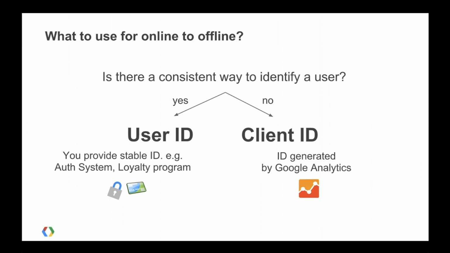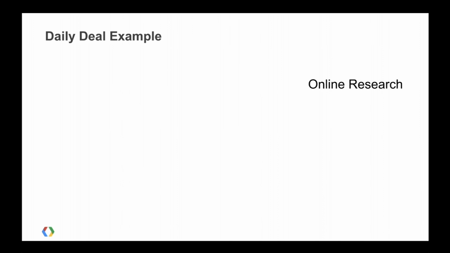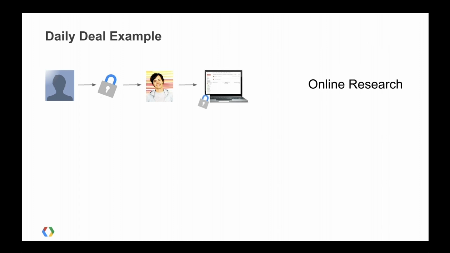Let's look at how we'd actually implement this in a real-life scenario using user ID. So the scenario is we have a retail store, daily deals, and there's an online component in this offline purchase. So typically you'd see something like a user visits a site. They would sign on, and when they do that, we would know what user this is, like who this account belongs to. We'd have that information, so we have a user ID. They would maybe browse the site a little bit, look around to see what they enjoy. Maybe there's a new deal that they really want to take advantage of, so they'll print off a coupon. And this is your online component now.